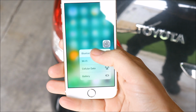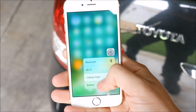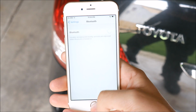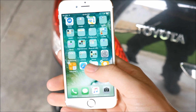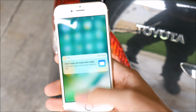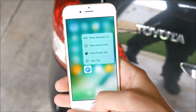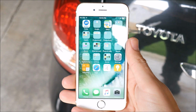Now, we do have to mention when talking about a 6s model, the 3D Touch. This is a first for iPhone. It was introduced here on the iPhone 6s, and this is a feature that many say, well, I don't really need that feature. But until you start using it, you really don't want to go back to an iPhone that does not have 3D Touch. The reason being is that it actually makes it like a shortcut on your iPhone, making for a more speedy experience when you want to go to something that you would typically have to dig around in settings for. So 3D Touch does save us just a little bit of time when using our iPhone 6s or 6s